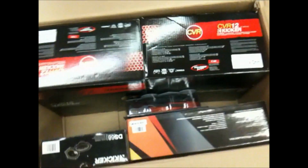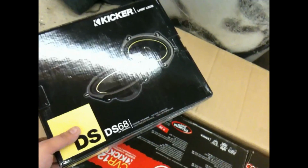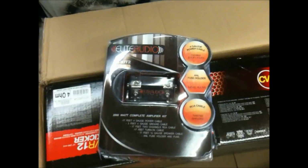Okay, right here are the goodies, guys. We're not going to be putting these in; we're waiting for the 6.5s to get in to put in the front doors. So these will just hold off to the side. And the 2 Kicker CVR dual 4s, we're going to bridge down to a 1 ohm mono, parallel, and then we've got the 2,000 watt power wire, an ANL fuse, and then we've got the Power Acoustik BAMF